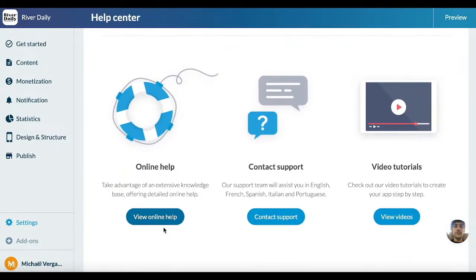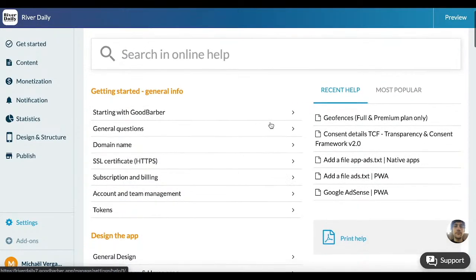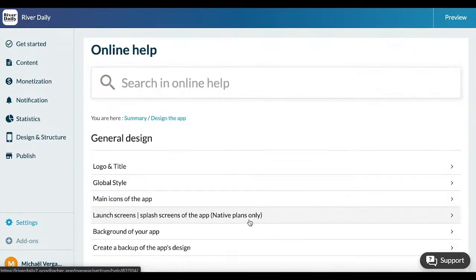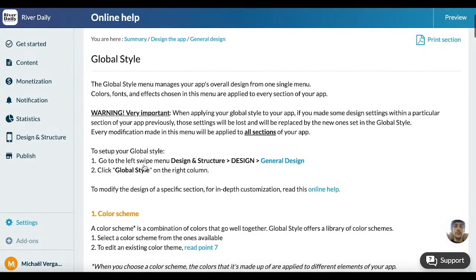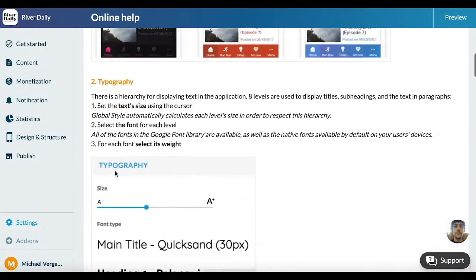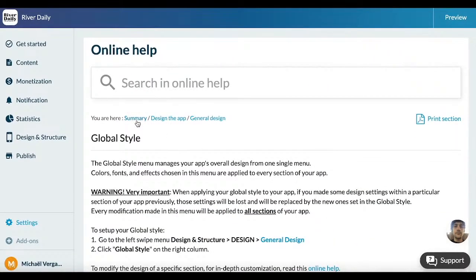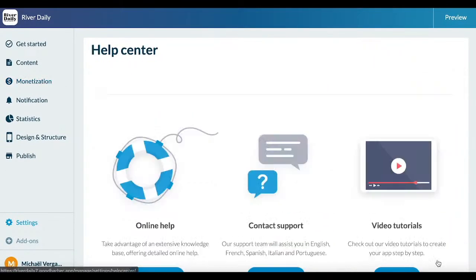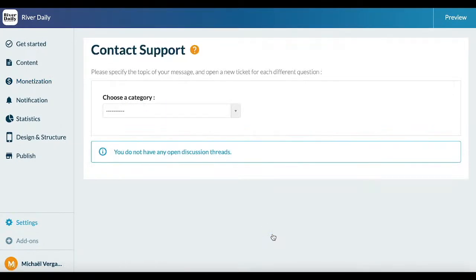So the online help is simply help on specific points. For example, on the general design, if you need assistance on the global style, you have a very specific help that explains you how to make changes in the global style, and you see it's very didactic. It really shows step by step, and if you don't find what you're looking for, just go here and you can contact the support directly,